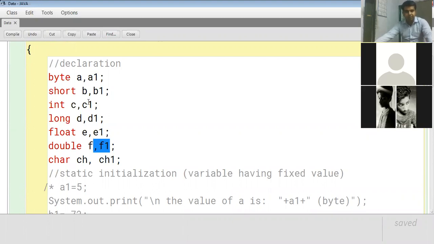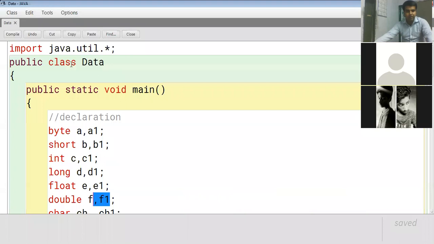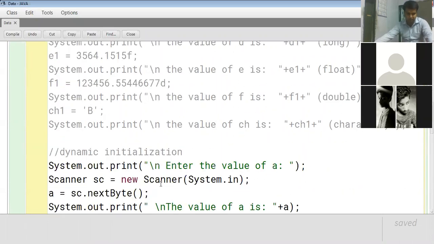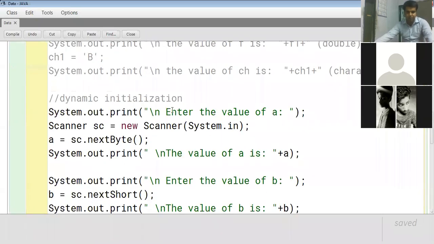Then you have the name data beside the keyword class, so this is known as an identifier. There are many different forms of identifiers. Then within the double quotation marks you are using this printing statement, so this printing statement is also an identifier.